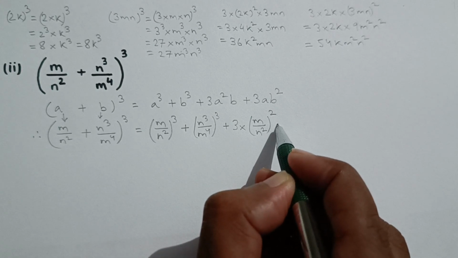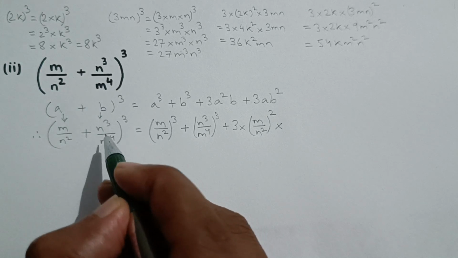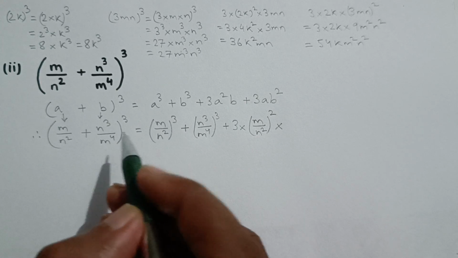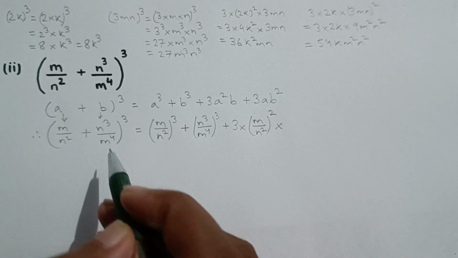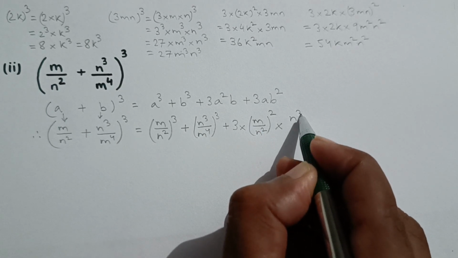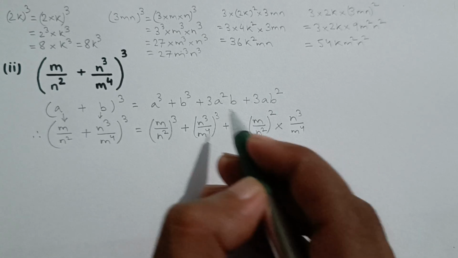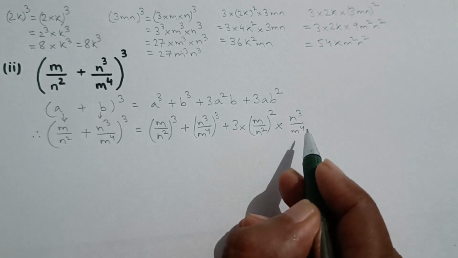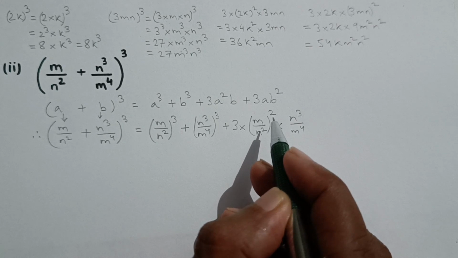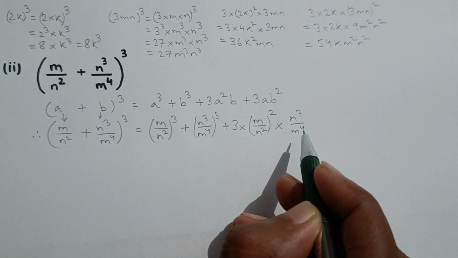Into b. So b corresponds to n cube upon m to the power 4. So instead of b, I will write n cube upon m to the power 4. So 3a square b becomes 3 into (m upon n square) whole square into n cube upon m to the power 4, plus